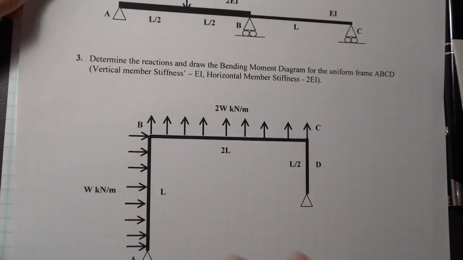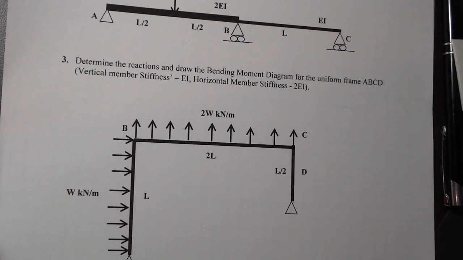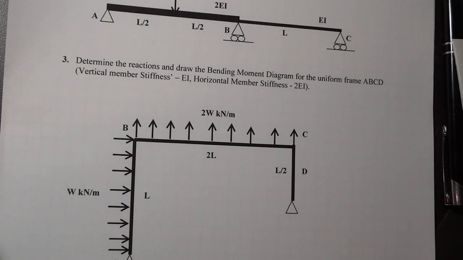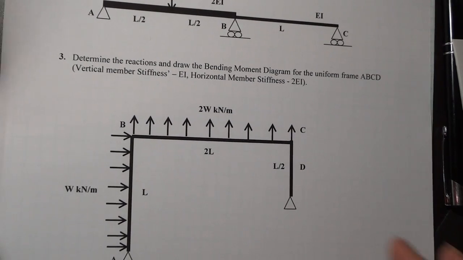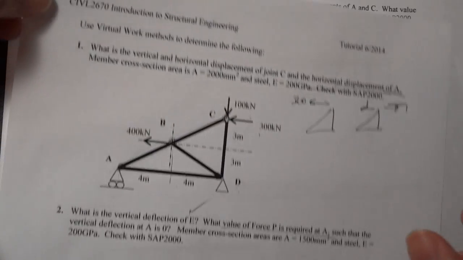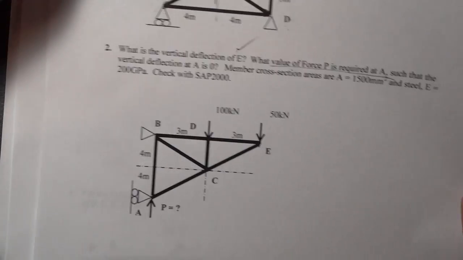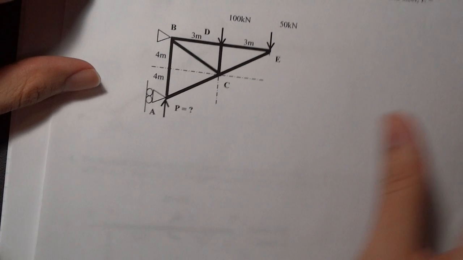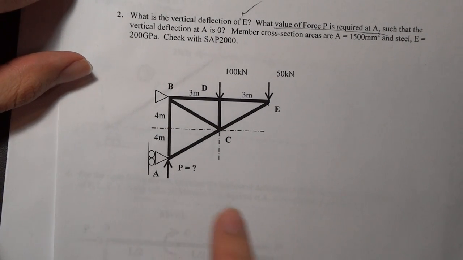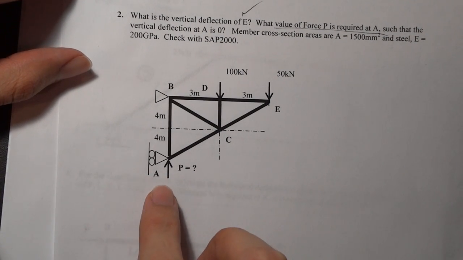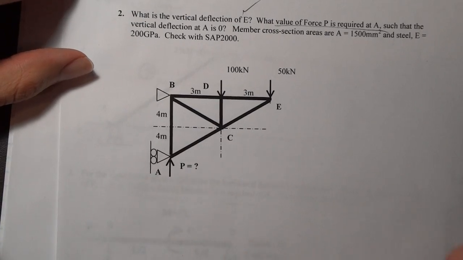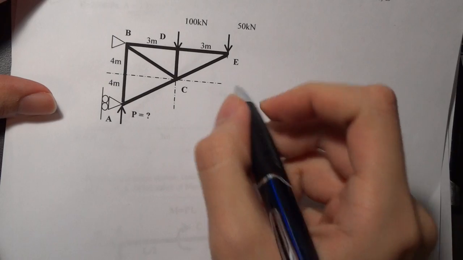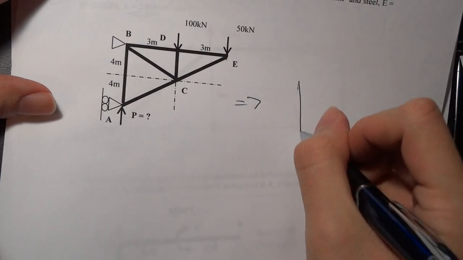Now, although we're using the word indeterminate, don't get thrown off by that. You've been analyzing indeterminate structures for quite a while now. So if we go back to tutorial 6, for example, this is the last homework assignment. It's been a couple weeks because you had the exam. But in this homework assignment, you had to find the force P at A in order to get zero deflection at A. All that means is that this is actually equal